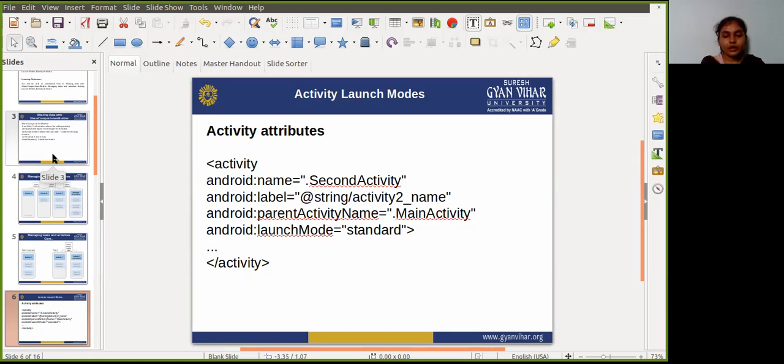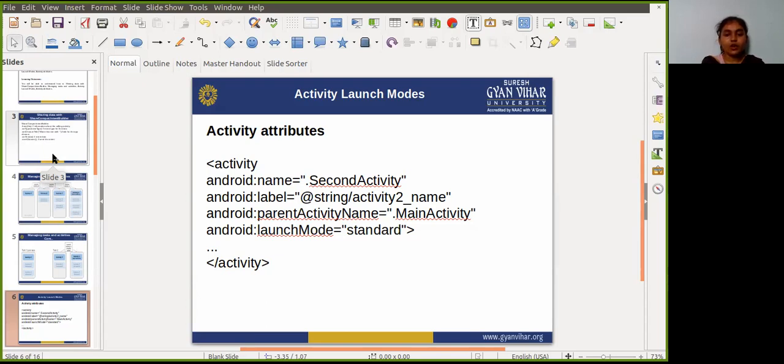If another task already exists with an instance of the activity, the system routes the intent to the existing instance, except that the system does not launch any other activity into the task holding the activity instance.